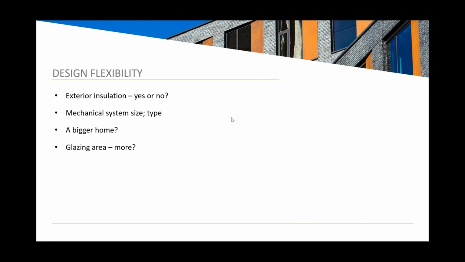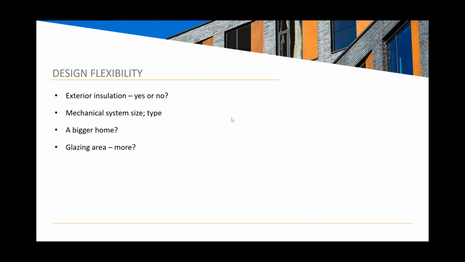Mechanical systems as well. All of a sudden, more economical and smaller sized systems will be sufficient to provide the energy required for the building, which does a few things. It obviously reduces the cost and the complexity around a system like that, but also increases the number of tradespeople and qualified contractors that are available to design and install and work on systems like that. So they become less specialized.